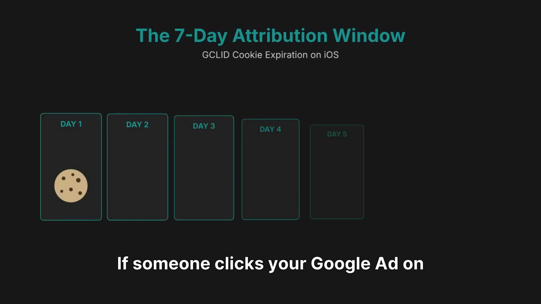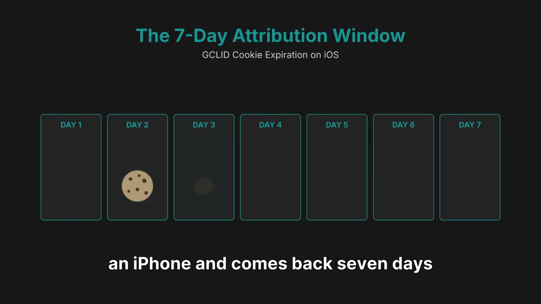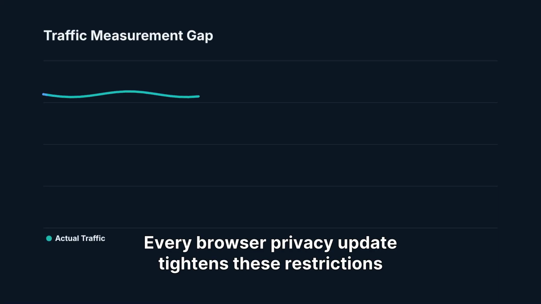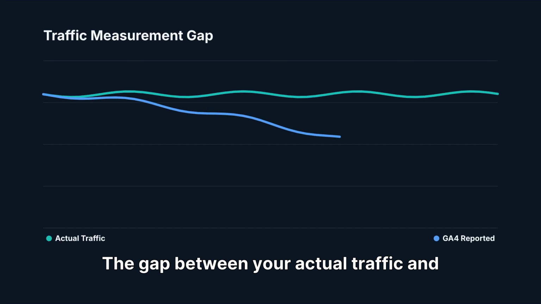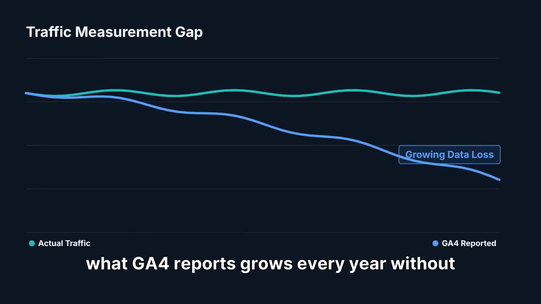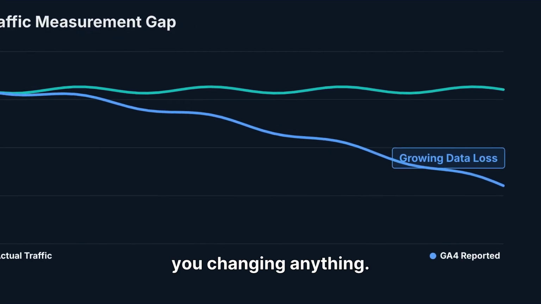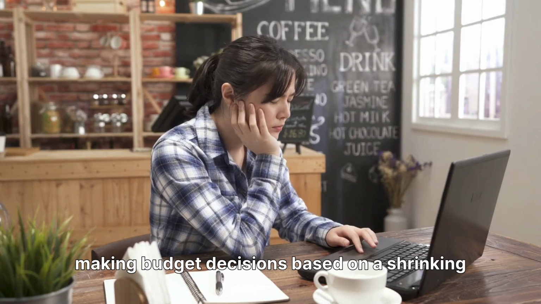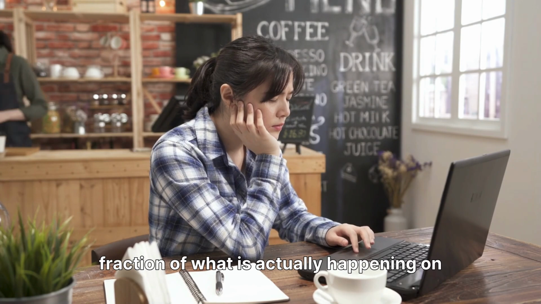If someone clicks your Google ad on an iPhone and comes back 7 days later, their GCLID cookie is already gone, attribution broken. Every browser update tightens these restrictions further. The gap between your actual traffic and what GA4 reports grows every year without you changing anything. The result: businesses running browser-only tracking are making budget decisions based on a shrinking fraction of what is actually happening